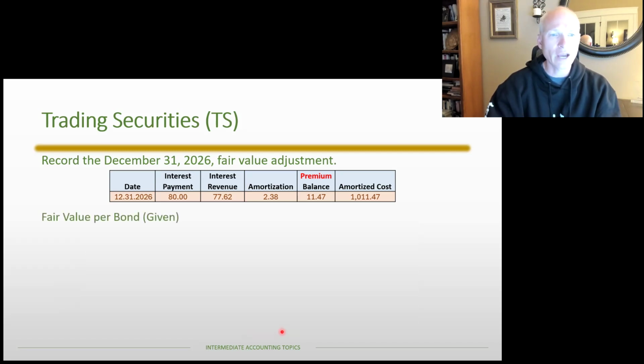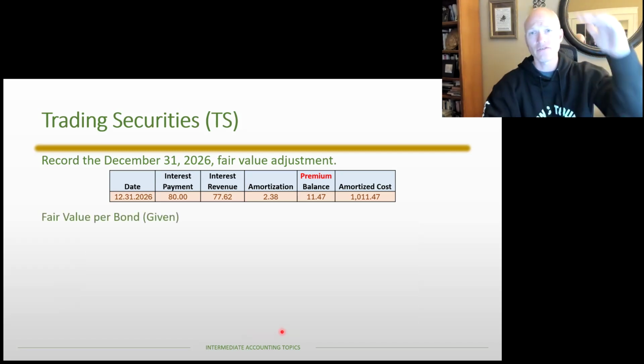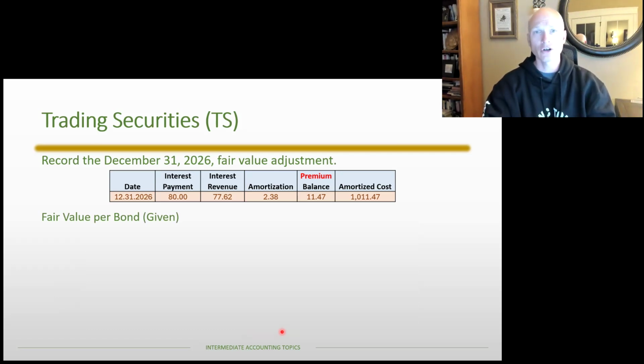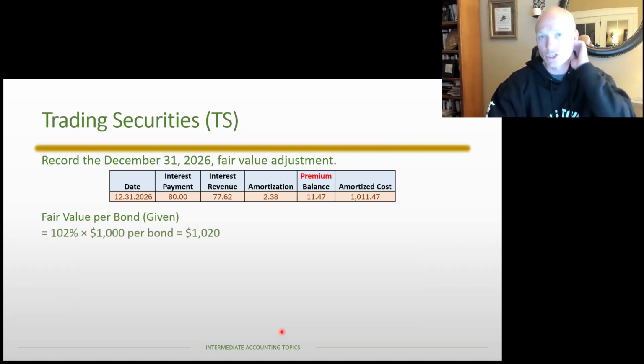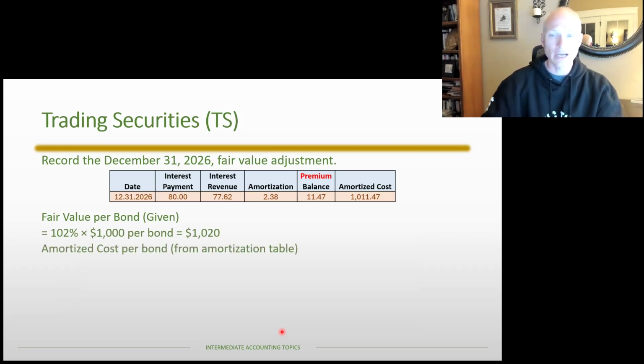And so the fair value per bond, again, three-step process. Fair value, amortized cost, take the difference, compare that to the prior balance. That gives us our journal entry amount. And so the fair value per bond is 102, which is 102% of the par value, which is 1,020 per bond. We're going to update the amortized cost. Again, this is now the updated amortized cost because we've recorded the adjusting entry. And so we're going to compare those two. Again, the amortized cost is